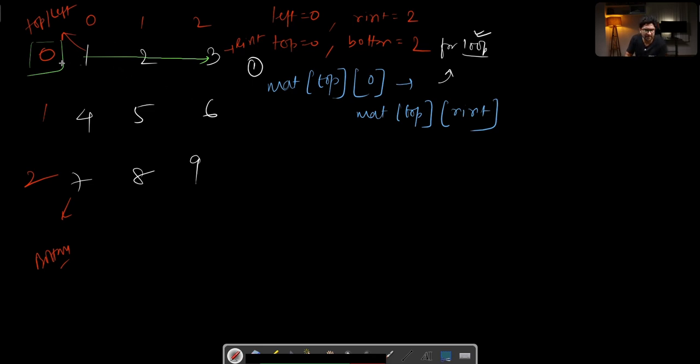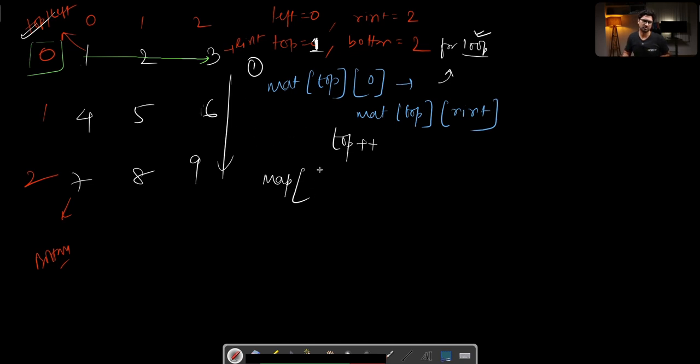But once I am done, this whole top length is done. So I can say that my top value has been incremented. So my top value has now become equal to 1. Once I have done all these elements, my top is done. Then I need to move down and start from this. So my top value has become this. When I move down, I have to move from index 1, which is the top value,